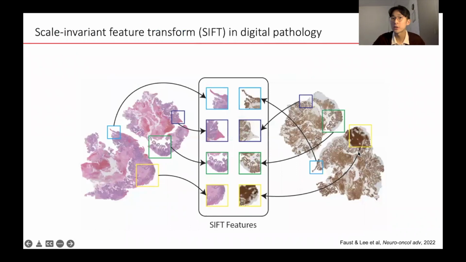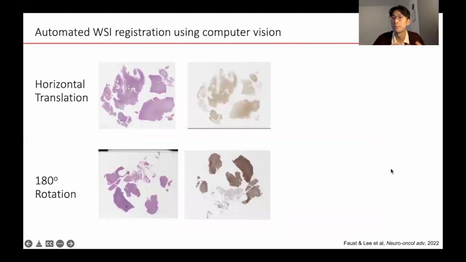Similarly, in our computational workflow, we use SIFT to match different parts of the H&E and the IHC together. This is just a cartoon representing how this process works. As you can see, we have different SIFT features that are aligned. These are basically the same regions, but at different coordinates in the two different images, and so we're able to match the two images and essentially unify the H&E